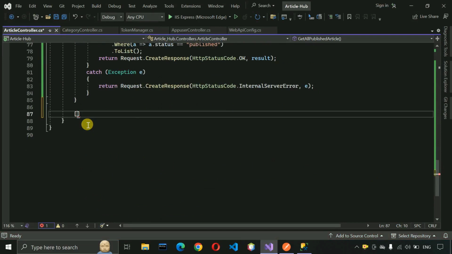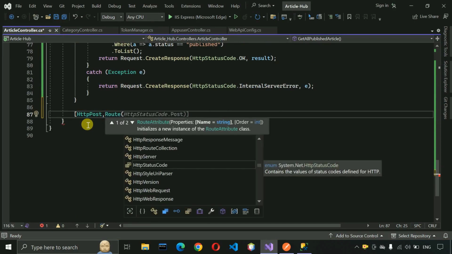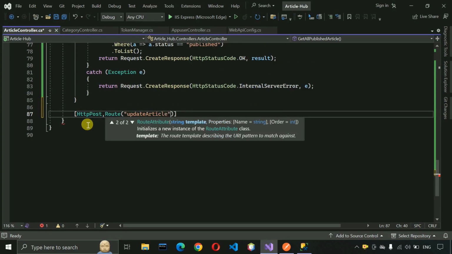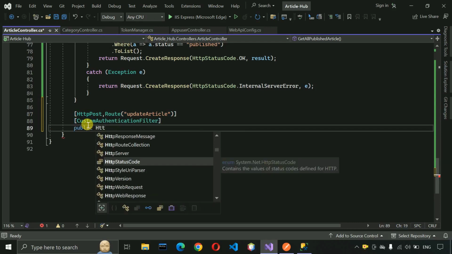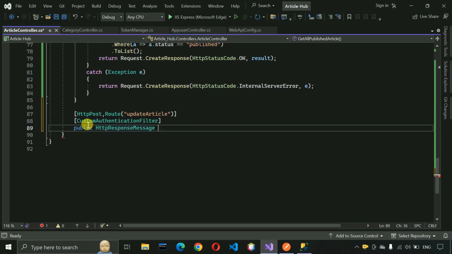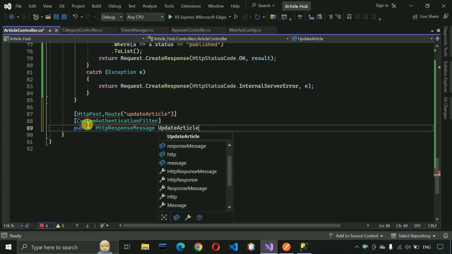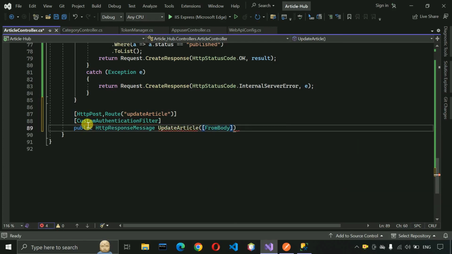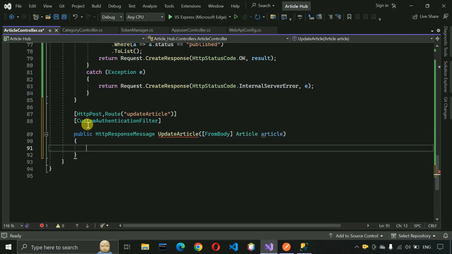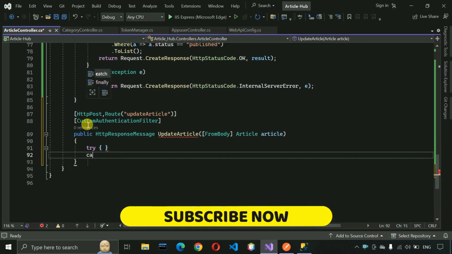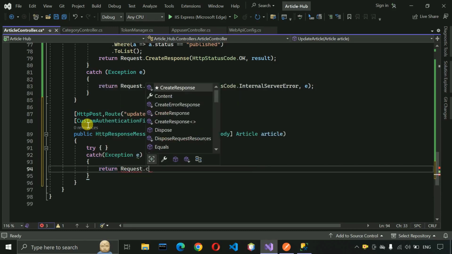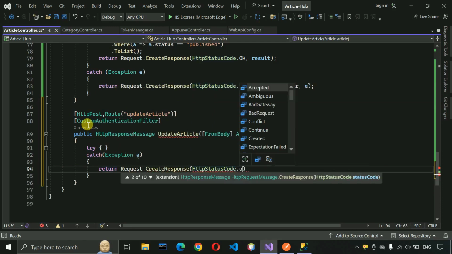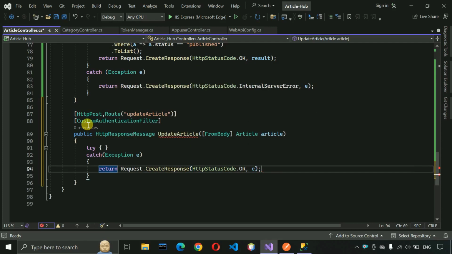and here we have to write the code to update the articles, HTTP post method and route, and here we have to just write update article, and custom authentication filter and public HTTP response message, update article, and from body, and here we have to just write articles, and here we are going to write a try catch block, and in the catch block, we have to just write exception and return request dot create response and HTTP status code is okay, and then we have to return error. And in try block,